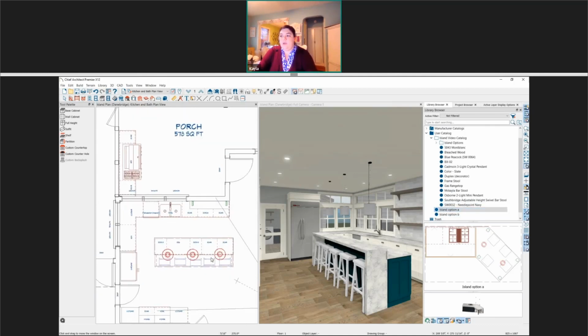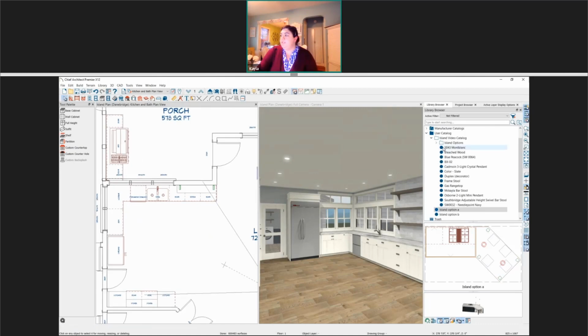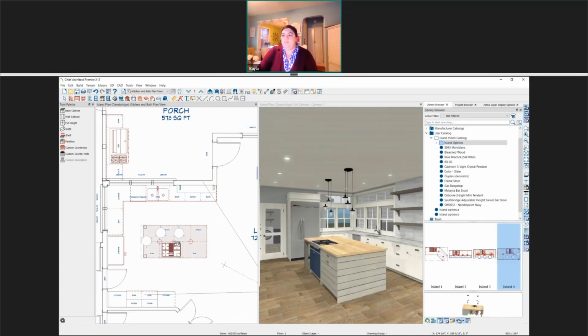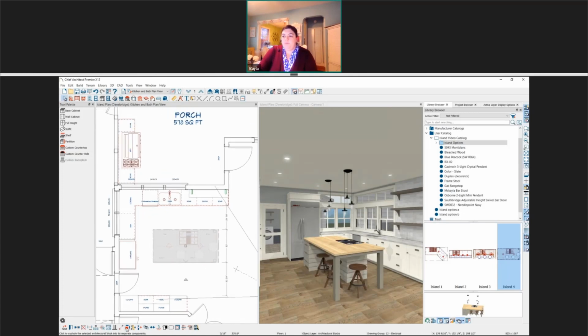So I'm going to show how we can drop in one that we already created. So there I have my Island Option B I just deleted. Here in my user catalog, I have a few different islands I created for this scene. So if we take any one of these islands, we can just click to drop it in. And we'll need to rotate it around into place. And then once we unblock it, excuse me, which we can do by coming down to the edit toolbar and exploding the architectural block, each of these cabinets is its own separate element again. These stools are their own element.